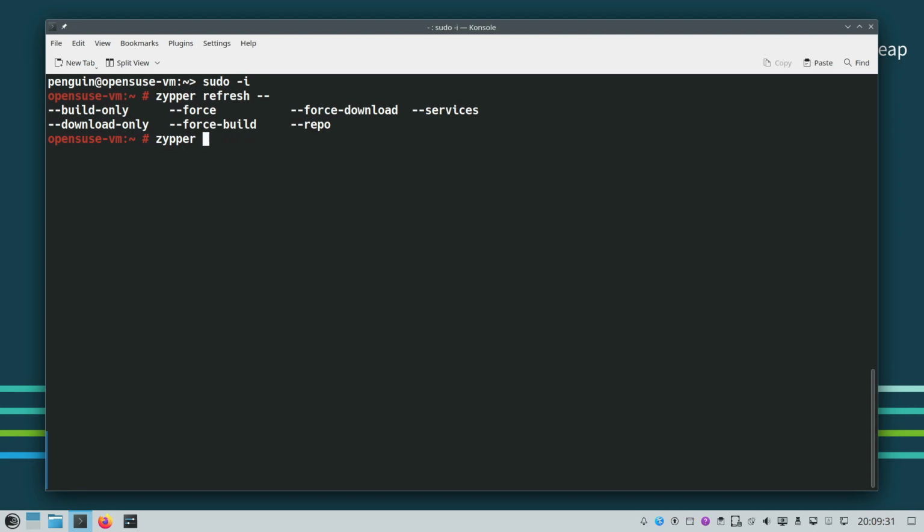And on openSUSE Tumbleweed, it's recommended that you do distribution upgrade because it's a rolling release. And again, with Tumbleweed, you should update more frequently since it is a rolling release. But for Leap, you can update at a more relaxed pace. And for